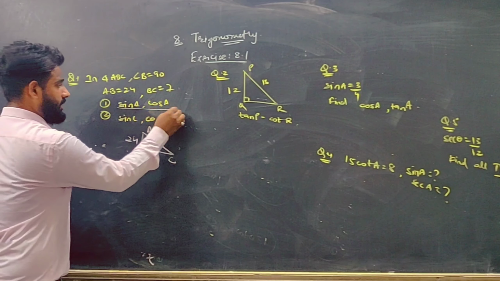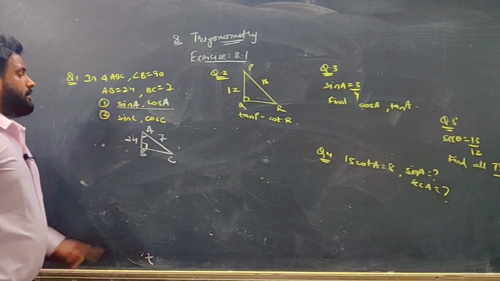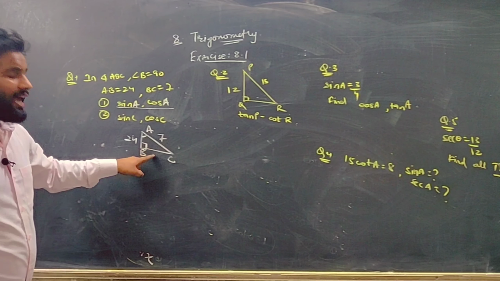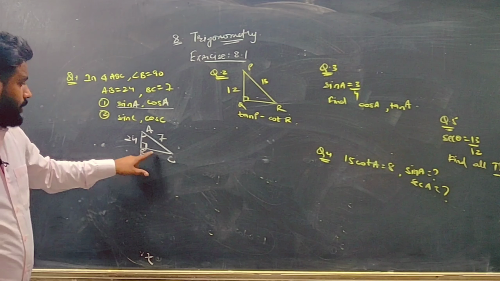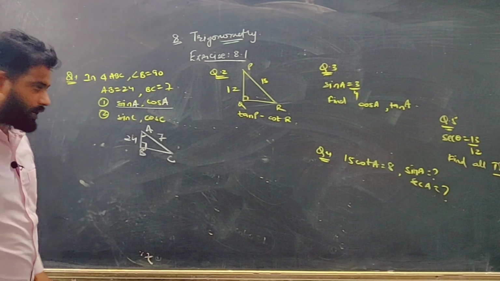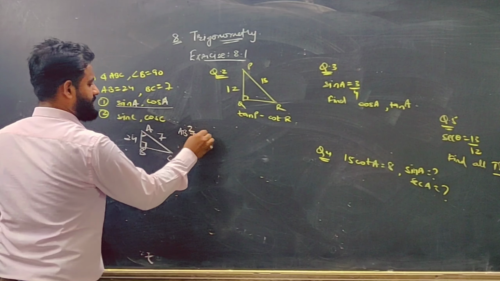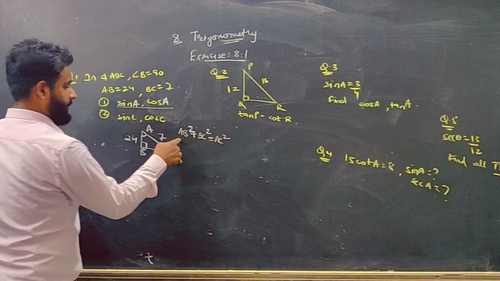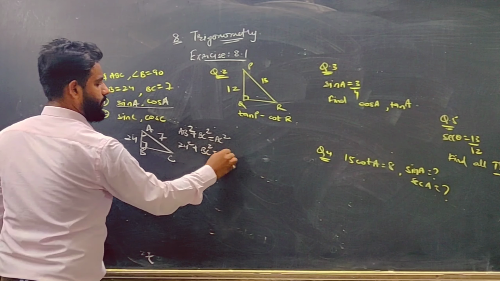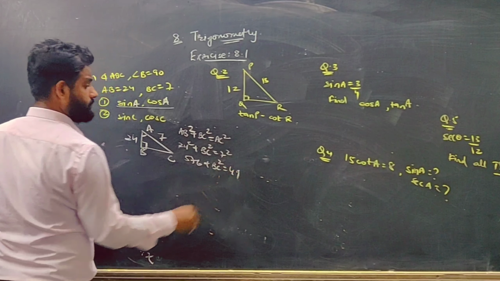So in the very first question, they are considering A as theta. So you have to mark here. Now for sine A, the formula is opposite upon hypotenuse. So you will be requiring the opposite, and you are not having the hypotenuse. So before solving this sum, try to get AC by using Pythagoras theorem. So you know that AB square plus BC square is equal to AC square. AB is 24, so 24 square plus BC is unknown, and 7 square. 576 plus BC square equal to 49.